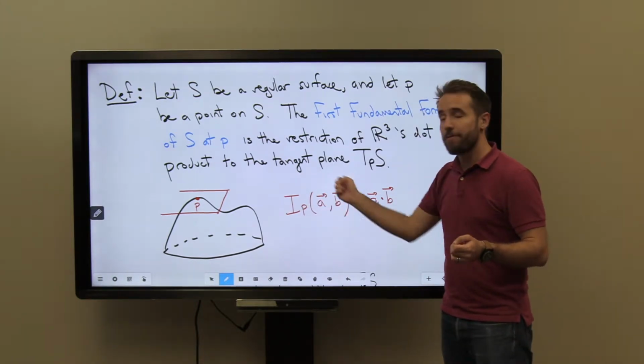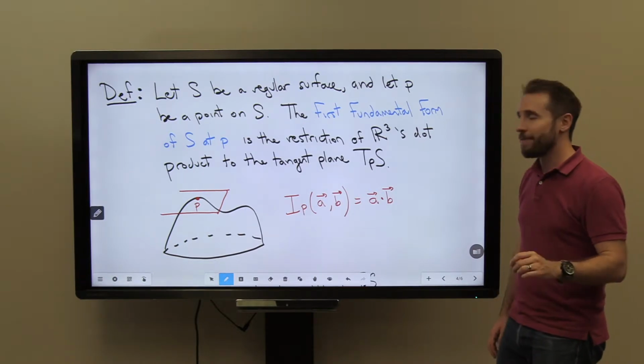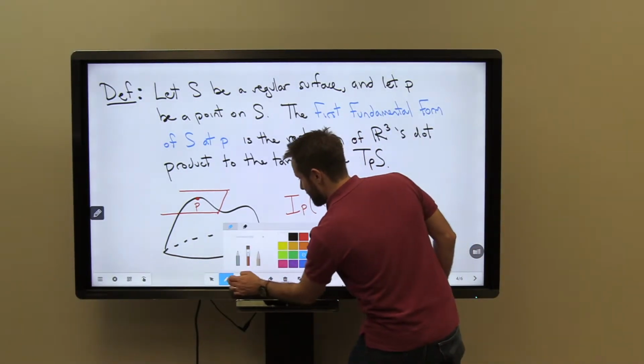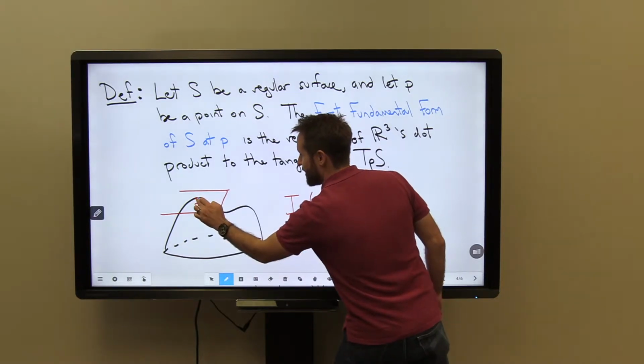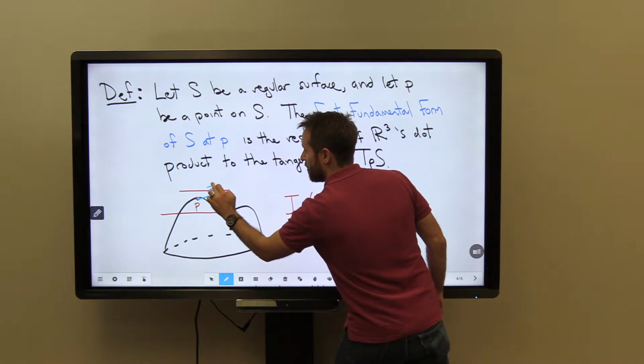And so this is our function, this is our bilinear form, and the way that I compute it is if I have two vectors, A and B, and these are vectors in the tangent space at P, so maybe this is my vector A,